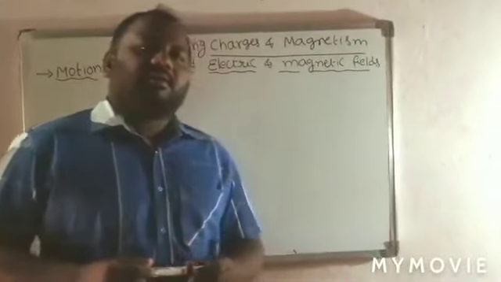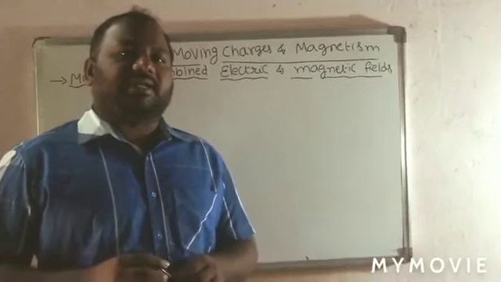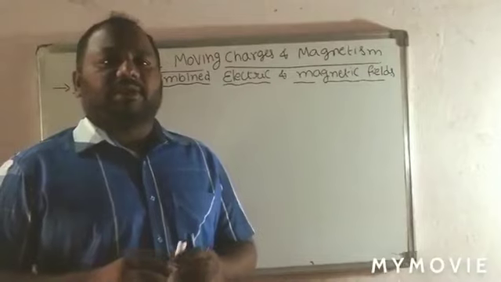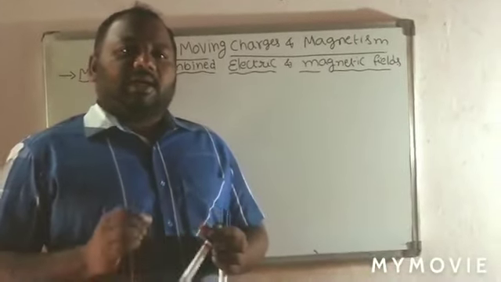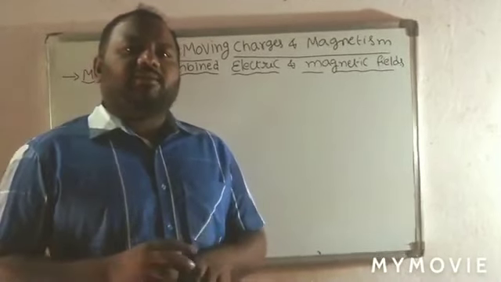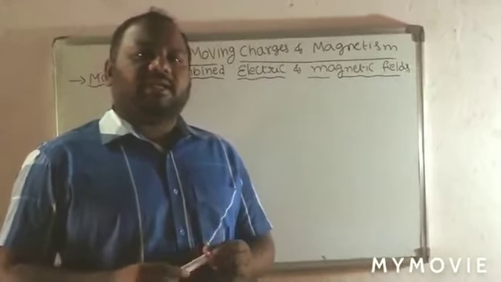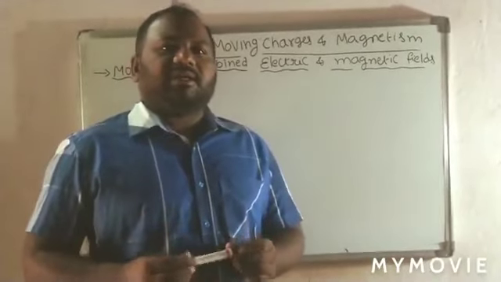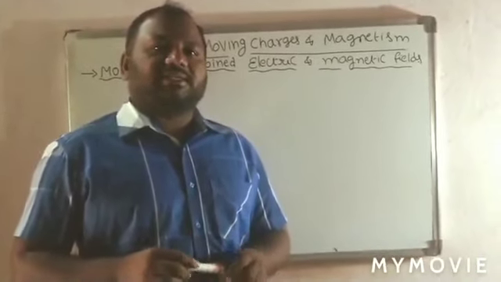In the last session, we discussed the path of a charged particle in a magnetic field. We observed that the path of the charged particle in the magnetic field is a helical path. The helical path is due to both components, the perpendicular component of velocity and the parallel component of velocity. Due to the perpendicular component of velocity, the path of the charged particle is circular, and due to the parallel velocity component, the path is linear.